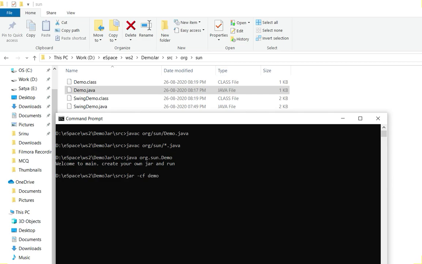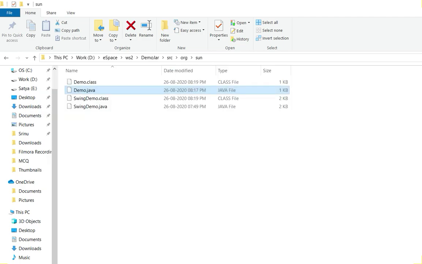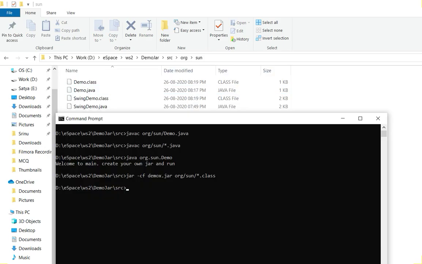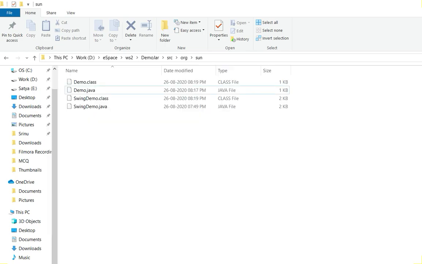Those are inside sun, and all the dot class files in this package. Let me see if demox.jar is created or not.